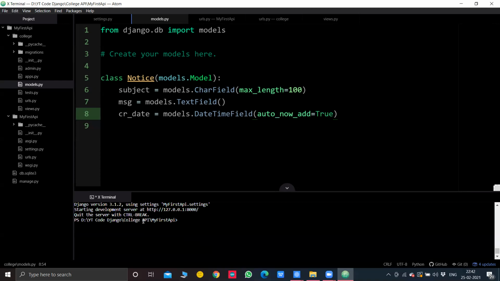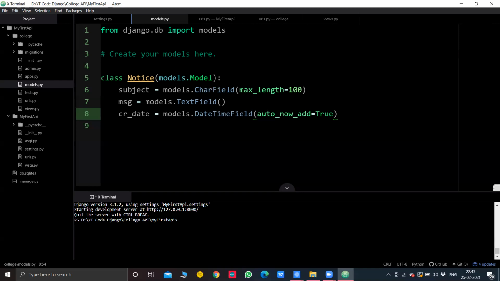To save and get this table in place in the database, we have to migrate it from the Django ORM. What is an ORM? ORM means object relation model. What's the basic meaning of migrate? Move from one place to another, right? So we'll move this Django table inside the Django ORM, wherever the Django framework is playing itself, and then it will know that yes, there is one database table called notice and it has 3 entities inside.